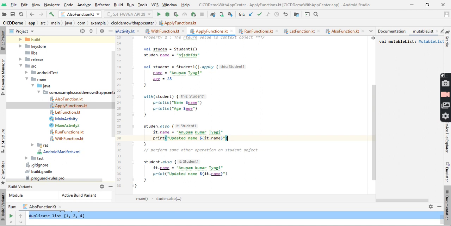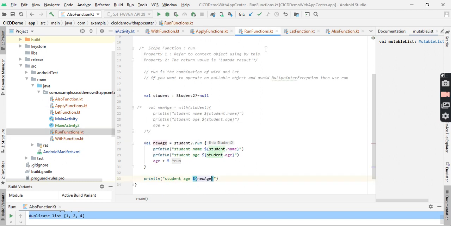So we perform some updating operation on student. If I want to update anything in a list or object, then we can use the also block. I hope you have a clear understanding of how to use the also function.